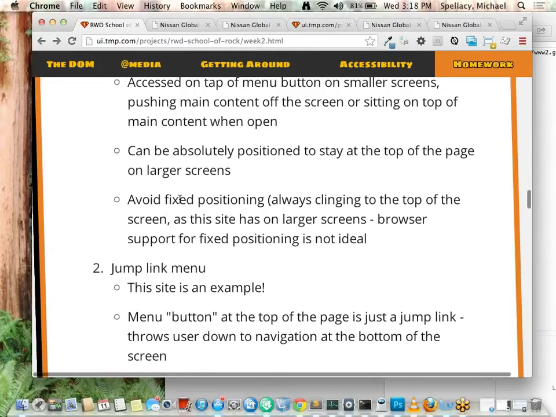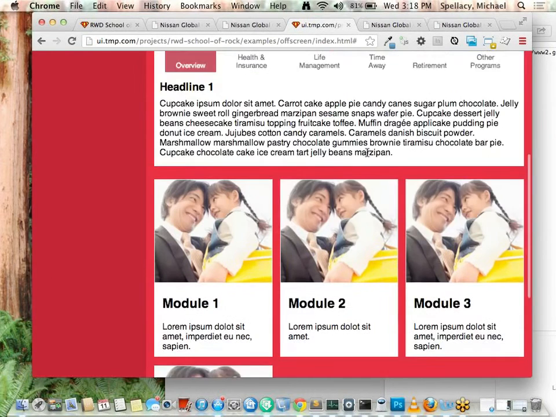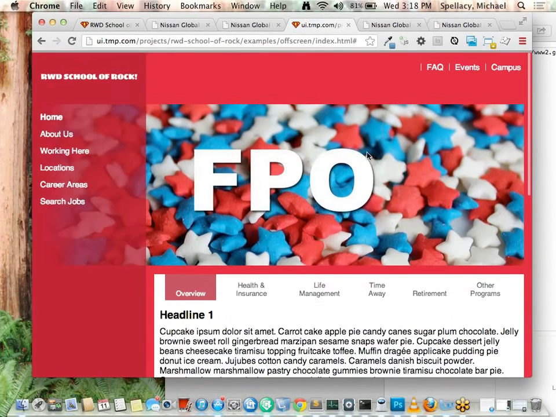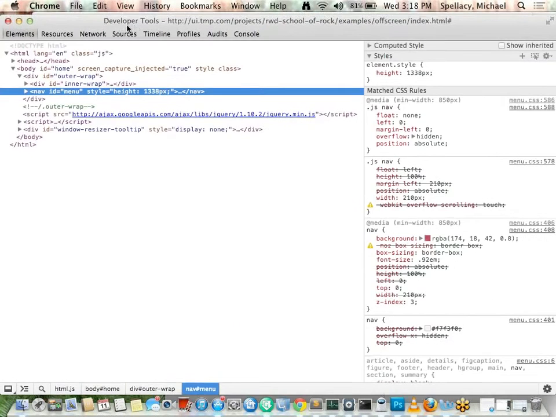Yeah. And note on absolute versus fixed positioning. An absolute position is something like here, where we're saying sit it starting at the top and left, but it'll scroll down as you scroll with the page. A fixed position would have this sit here. Actually, the easiest way to do that,